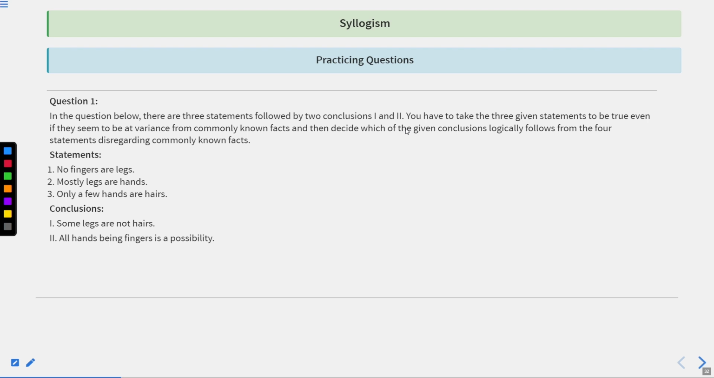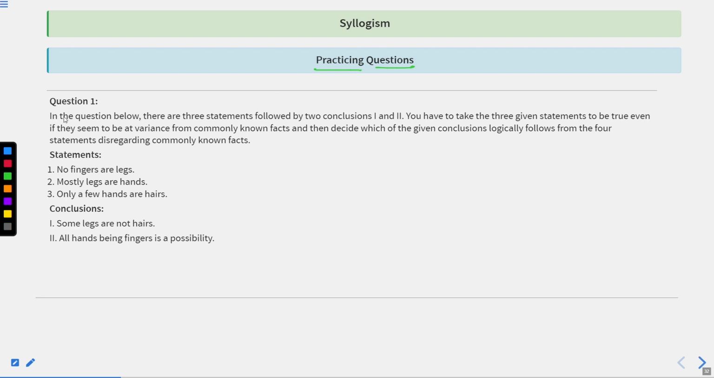Whenever we are presented with question papers, how will the syllogism questions look? For that, we need to understand that there will be a statement. This is question 1, a practice question. As I told you, we'll be solving around 50 plus questions in order to understand the concept of